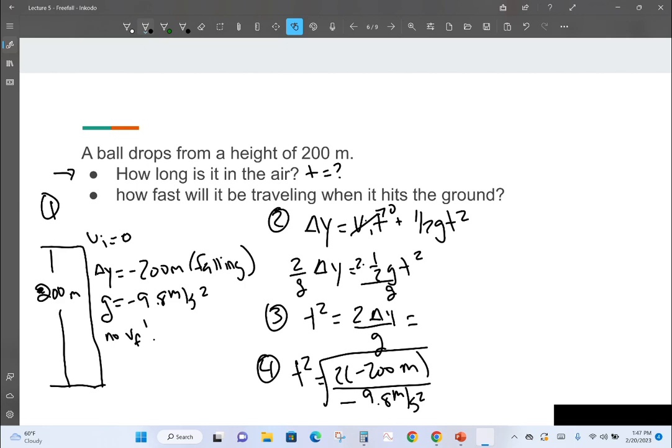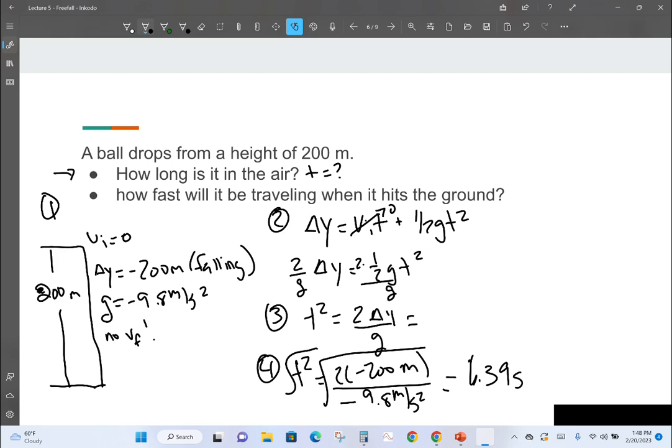And then I'm going to take the square root of both sides to find my T. Remember when you take the square root that you have a positive or negative root, and first time we'll always take the positive root. So this is going to be negative 200 times 2, or negative 400, divided by negative 9.8. If you forgot to put a negative in here for either of these, you would be trying to take the square root of a negative. So that should be a red flag to you that you dropped one of your signs. And if I take the square root of that, I get 6.388. Let's just round this to 3 sig digs. So 6.39